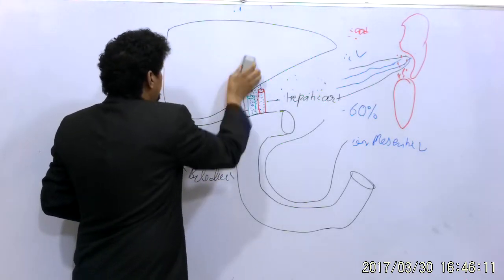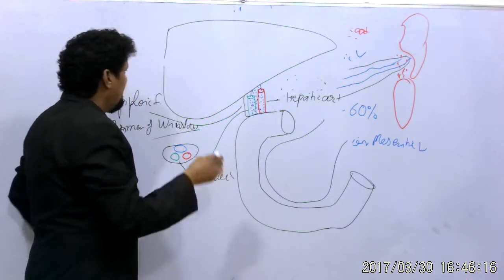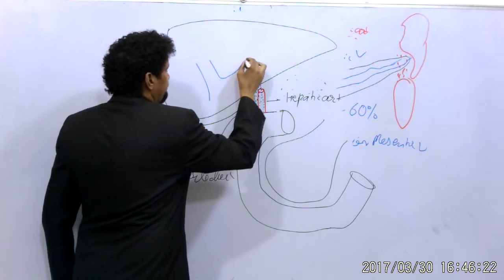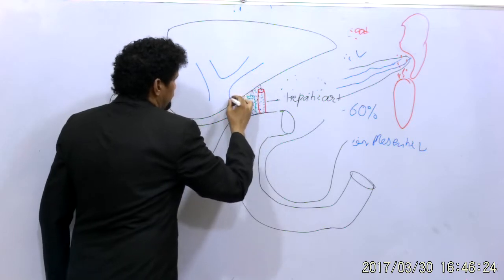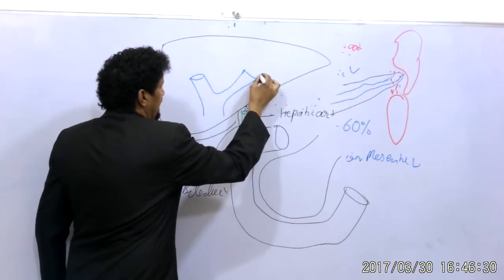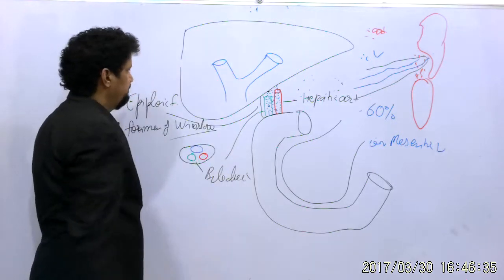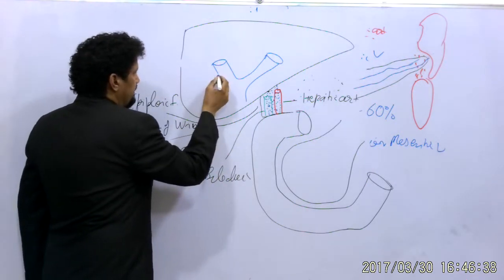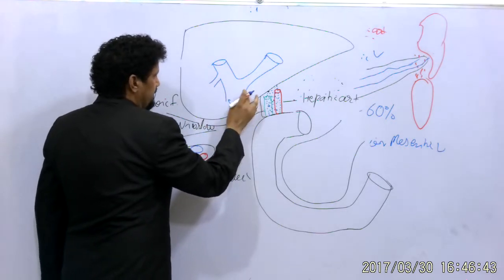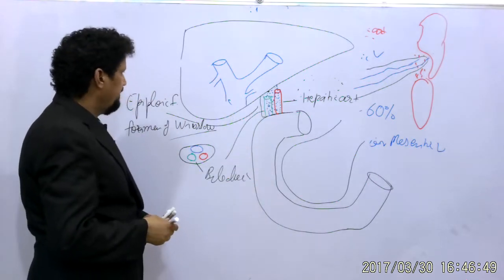Before entering the liver, the portal vein divides into the right and left branches. The right branch is shorter and more vertical; the left is longer and obliquely placed. It is also receiving the cystic vein, and the trunk of the portal vein is receiving the right and left gastric veins. So, these are the tributaries of the portal vein.